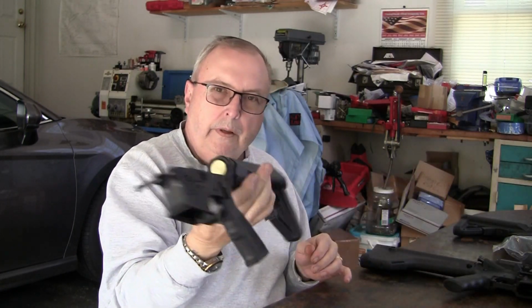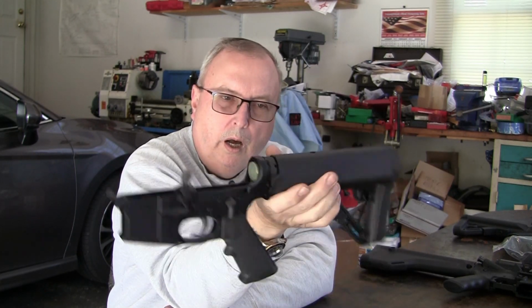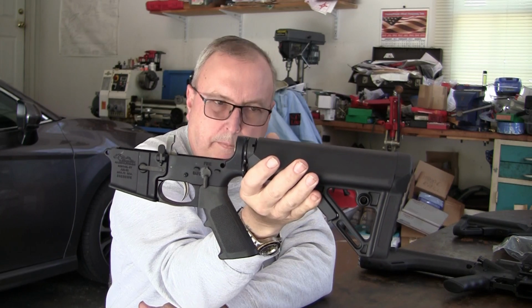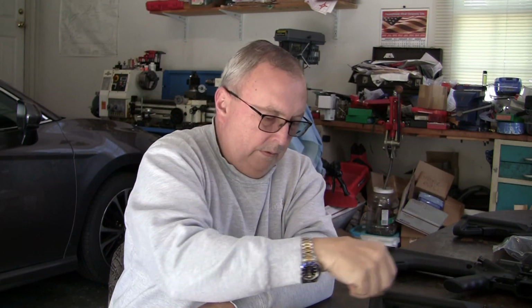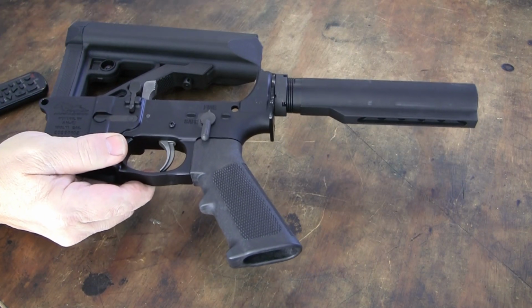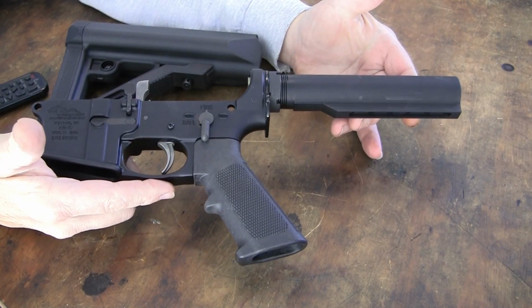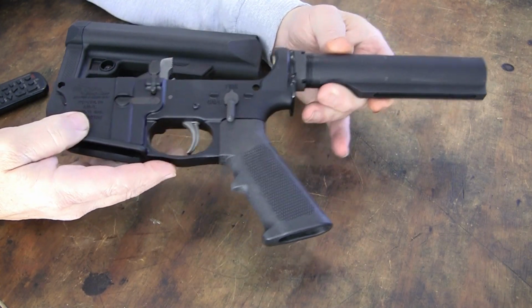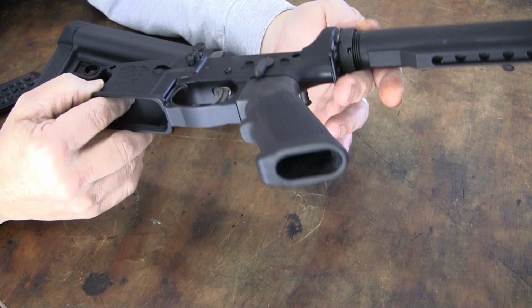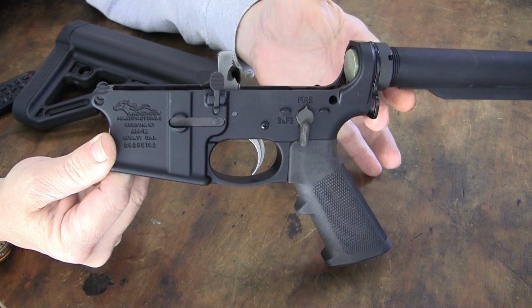Now, we're going to take a look at this lower and what has to be done to it to make it a pistol. Okay, so we're going to get this. Alright, here's our lower with its tube and buffer spring and all the other fun stuff. Now, if you look at this lower here, this is an Anderson, and this particular one is marked